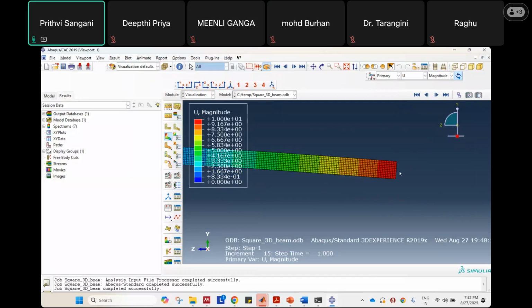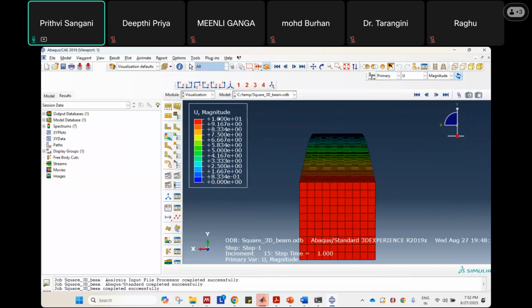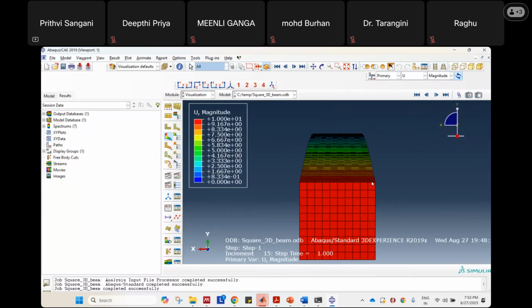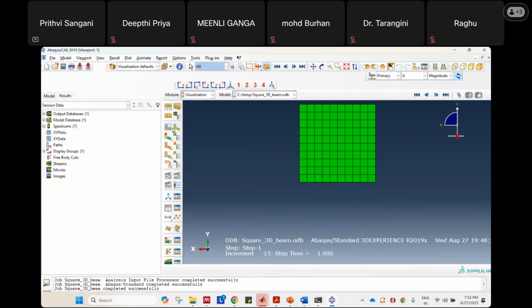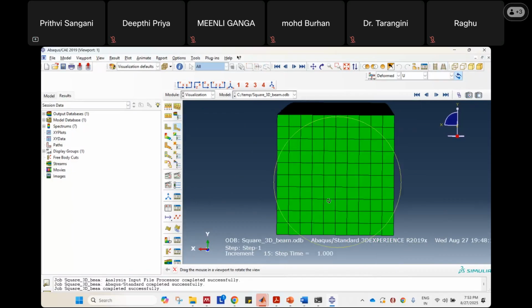Maybe if you want, we'll see the cross-sectional properties first. We'll also see what's happening across the cross section. Now, yeah, this is my cross section. So in cross section, if you see,